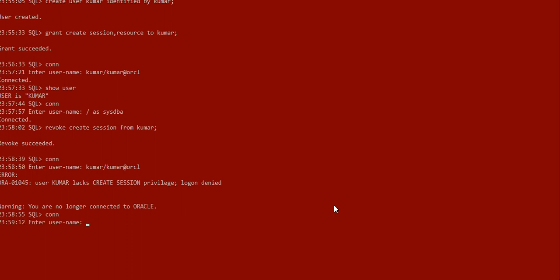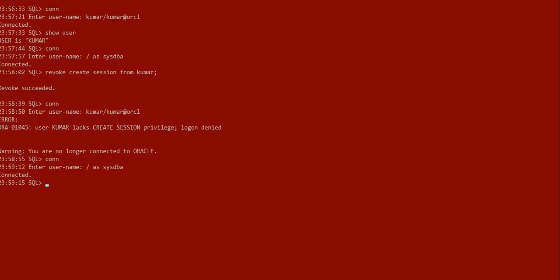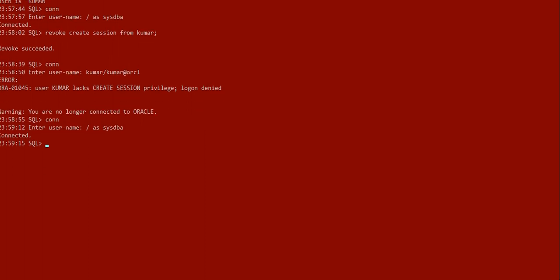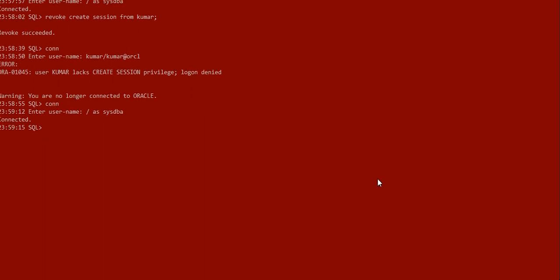So now we will connect to the super user, either sys or a DBA user, whatever your team or environment has given to you. Now grant create session to Kumar. Now we can connect to that user. You can see we are inside.